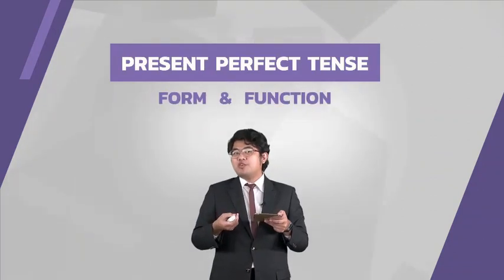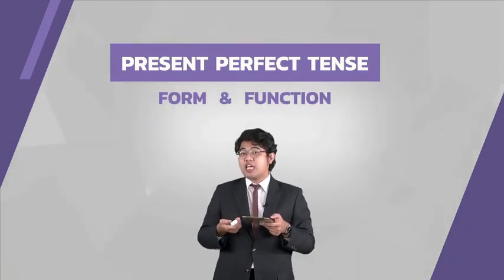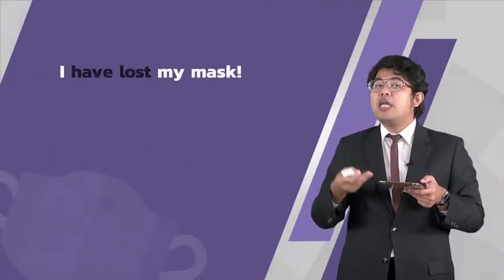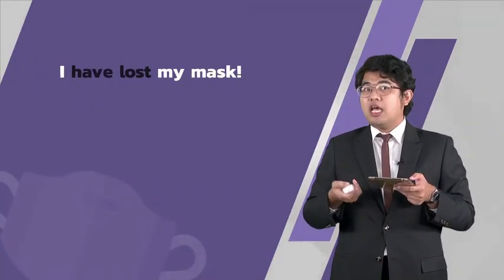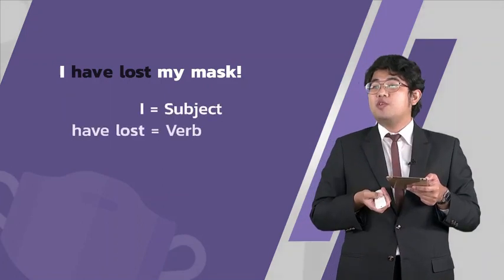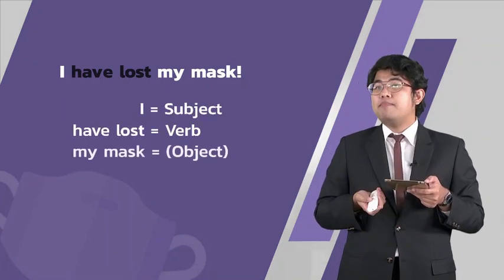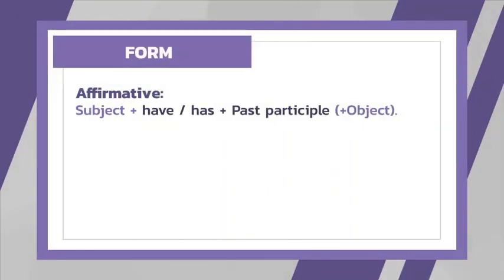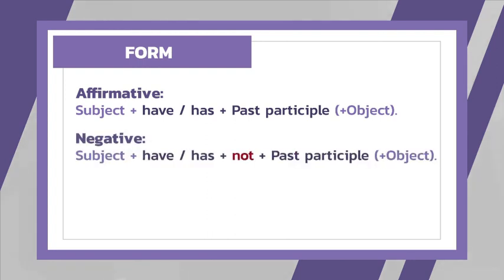Okay, next it's about the form and function of the present perfect tense. This is the example: I have lost my mask. I is the subject, right? Have lost is the verb of this sentence and my mask is the object, right? Okay, next I will show you the form of the present perfect. For affirmative, you start with the subject and you use have or has plus past participle plus object. For negative, subject plus have or has not plus past participle plus